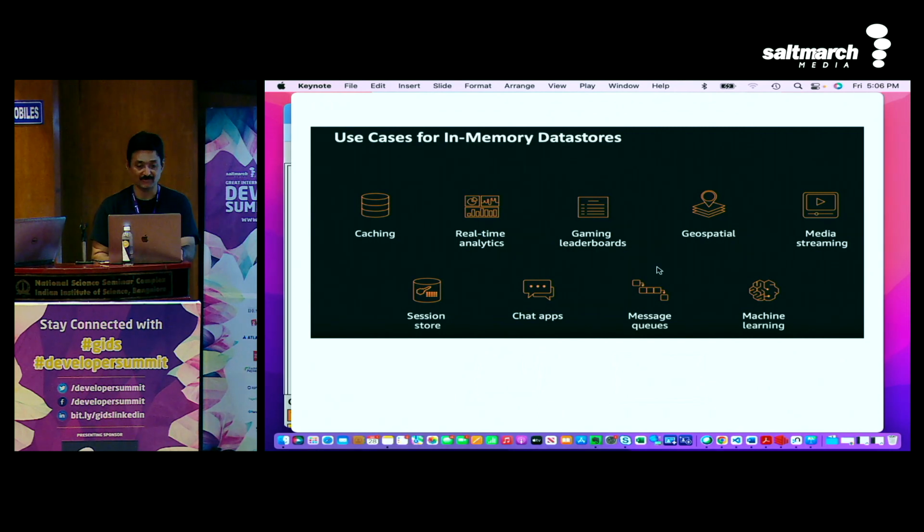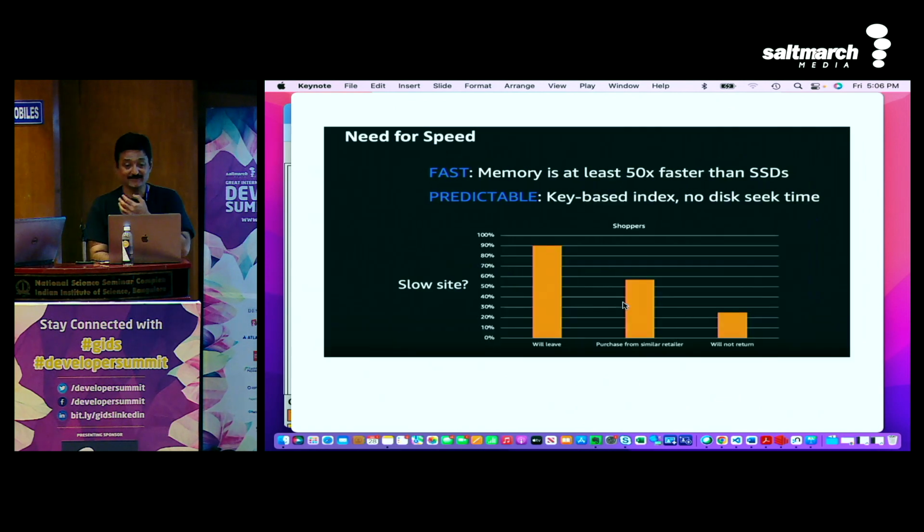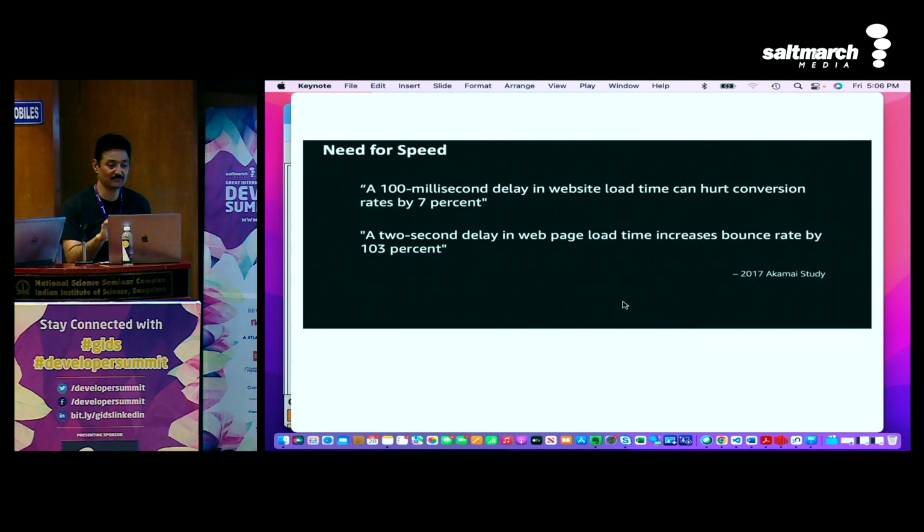Microsecond response time. So what's happening is microsecond is the new millisecond. Just say it with me. Microsecond is the new millisecond. So 250 milliseconds I was saying, now say 250 microseconds. How can we solve that problem? It's a very tall order to solve. But once you solve that, that takes care of a lot of the problems. So why I'm talking about all these things is because a 100 millisecond delay in a website reduces the conversion rate by 7%. Now this you show to your manager.